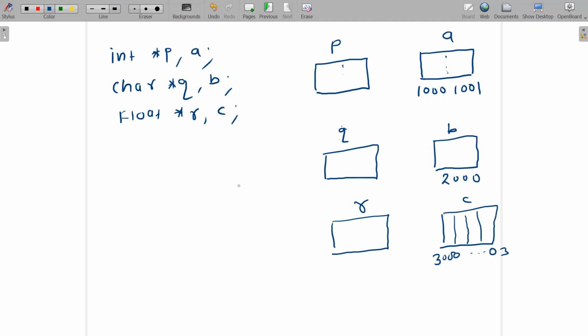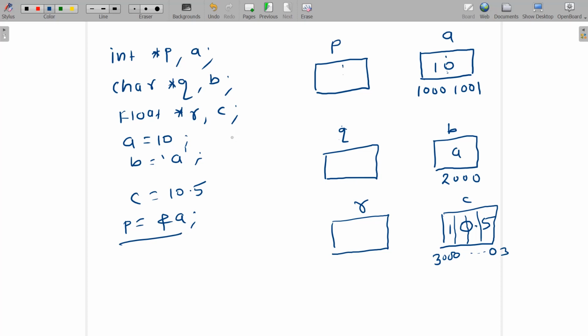Now let us store some values in a, b and c. A is equal to 10, b is equal to small a, and c is equal to 10.5. So these values will be stored in a, b and c. This is 10.5. Right. Now let us store the addresses of a, b and c respectively in pqr. So let's say p is equal to and a, so I can store address of a in p because p is integer type pointer, and a is integer type variable. So what I will store is the base address of a or starting address of a, right? So out of these two addresses we store the base address or starting address, which is 1000,